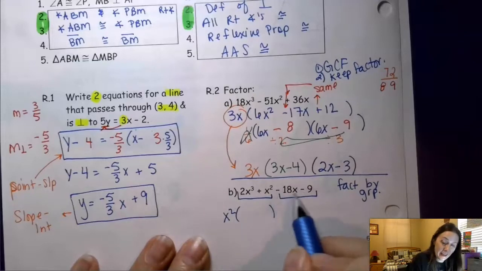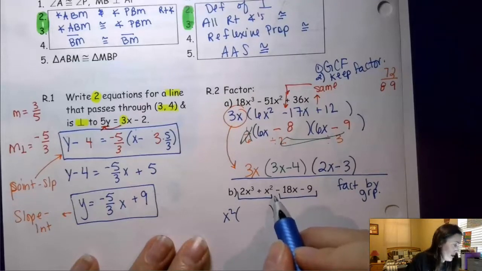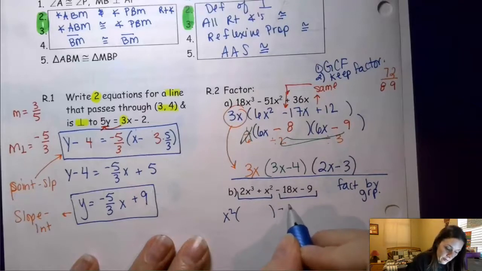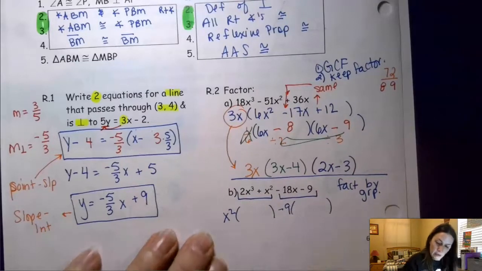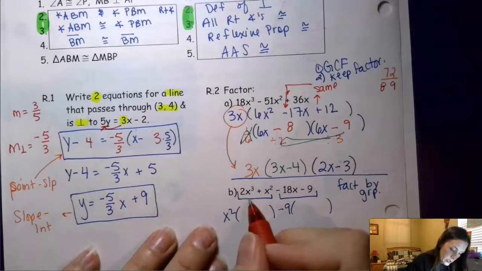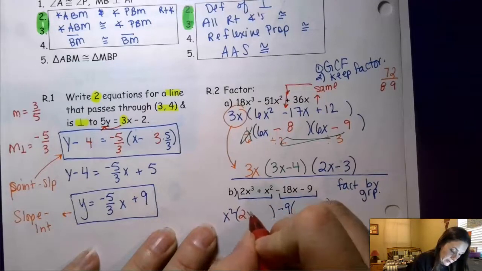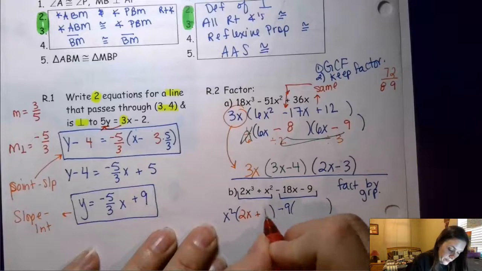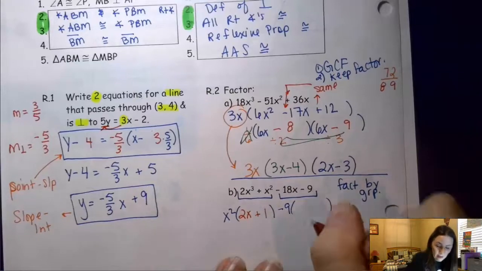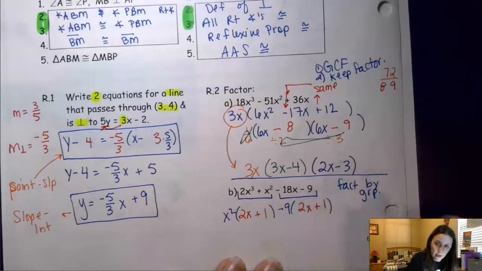Factor out a negative 9. There's a negative in the middle here. You need to factor out a negative number. Factor out the x squared. I have x squared times 2x, x squared times 1. Now this should match. I can go ahead and put the 2x plus 1 in here and go back and